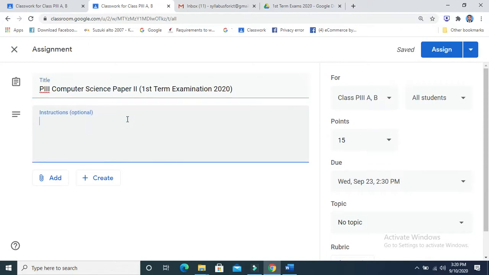For example, write your answers on paper according to the instructions already shared with you, or only according to the instructions.